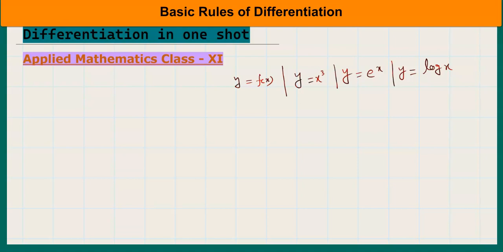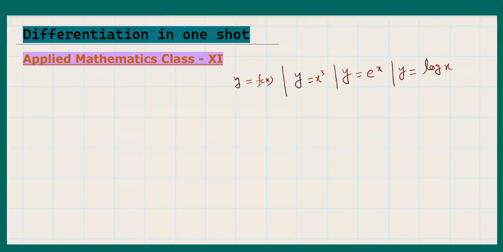Now, here we want to find the rate of change of y with respect to x. y is the dependent variable, x is the independent variable here. Or x stands for the domain of the function and y is the range. To find the rate of change of y with respect to x, in applied mathematics in the class 11 syllabus, we must remember